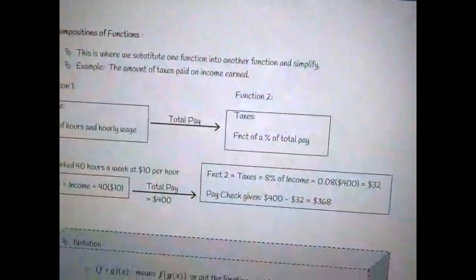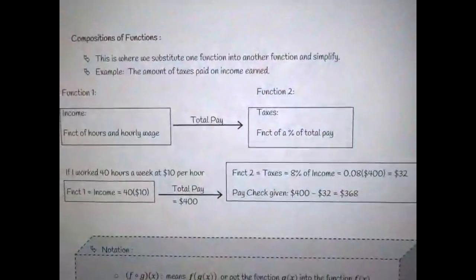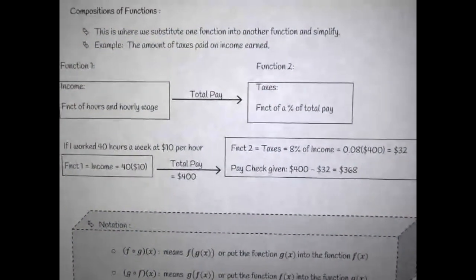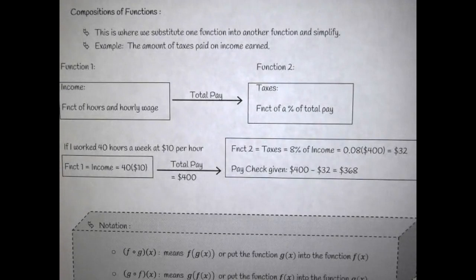Now, the other type of combining functions we have is called compositions. So, composition of functions. Composition of functions says that you are going to take one function and input it into the other function and then evaluate. So, I like to think of them kind of like a job. Okay, I don't know how many of you actually have a job, but if you really think about your paycheck, in terms of your job,